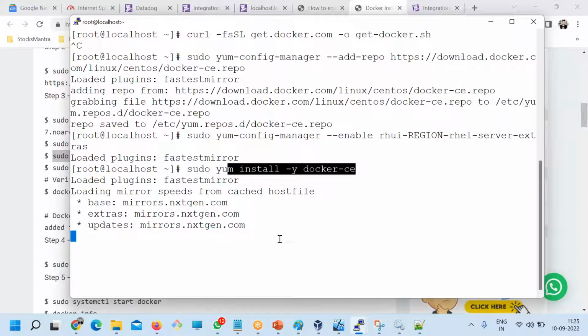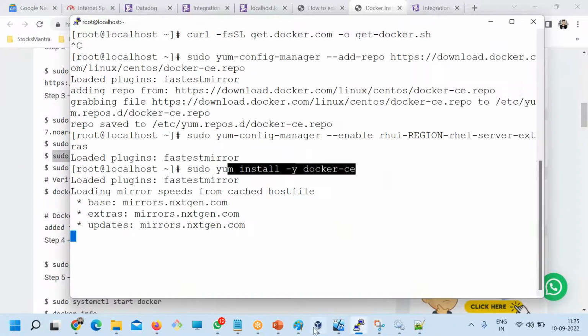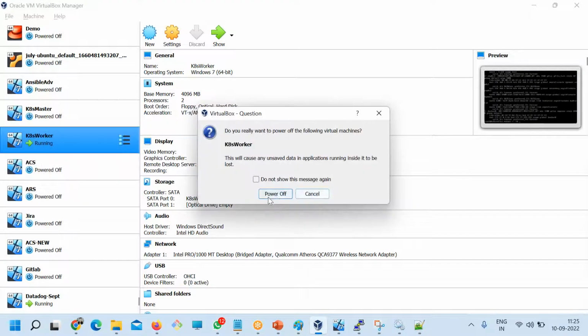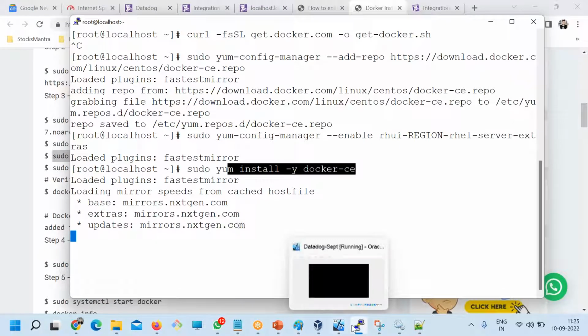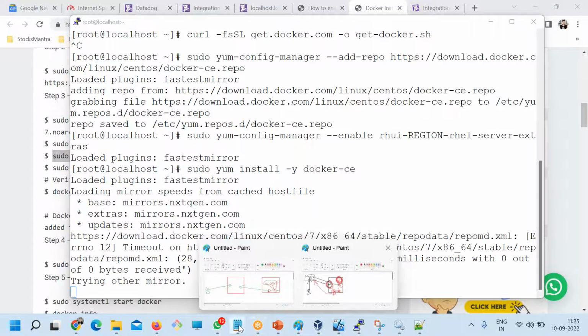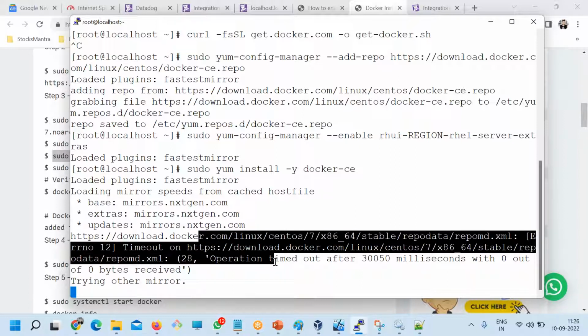Okay, now let me close this because anyway you don't need it. Agent is not installed, so I'll just stop it. See, try another mirror. For India, whichever mirror is nearest, I think they have some technical issues.